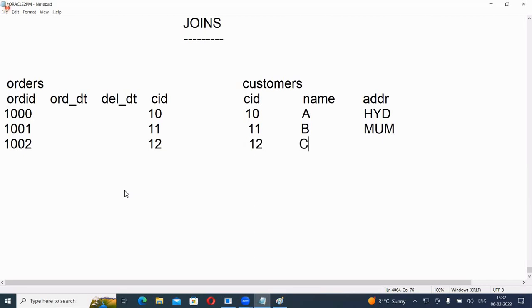Name is what? C. Address is what? Delhi. Like this. Otherwise, you take HYD, but different places in HYD. So this customer is staying in HYD, but different places. Okay? Then there are two tables here. So finally, the order should be delivered to